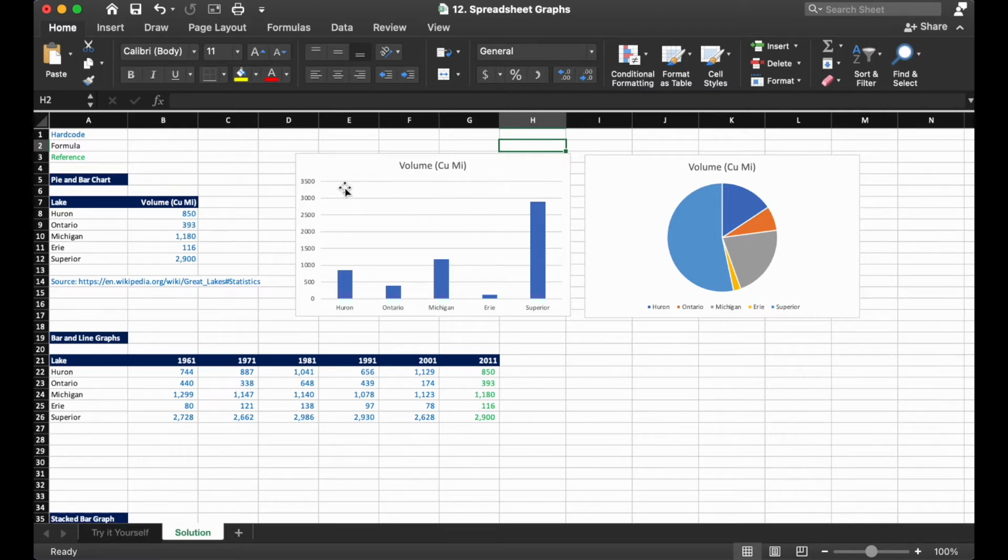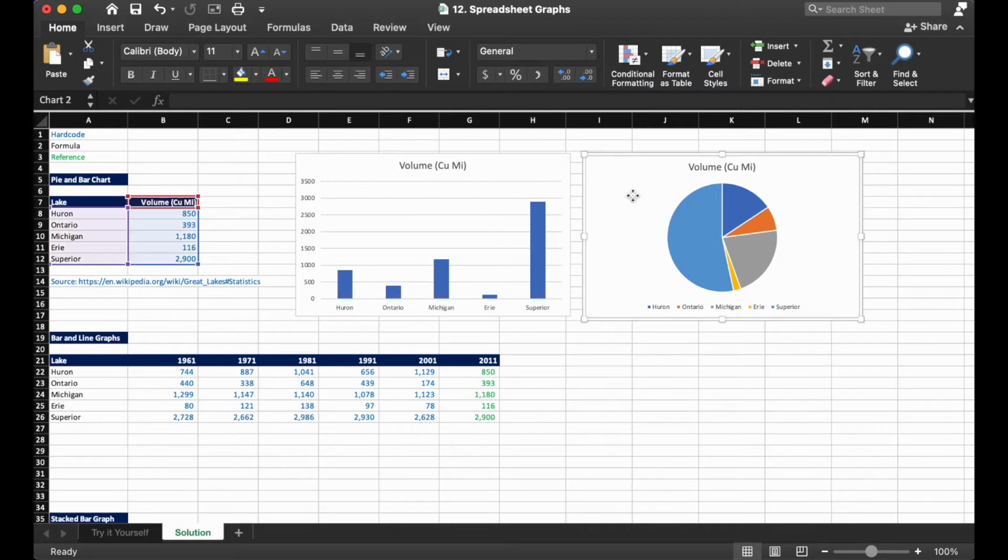So the bar graph does a really nice job of showing the different volumes. So you can see Superior is obviously the largest, Erie is obviously the smallest, but it takes a little bit of effort to figure out how the parts add up to the whole total volume of the Great Lakes.